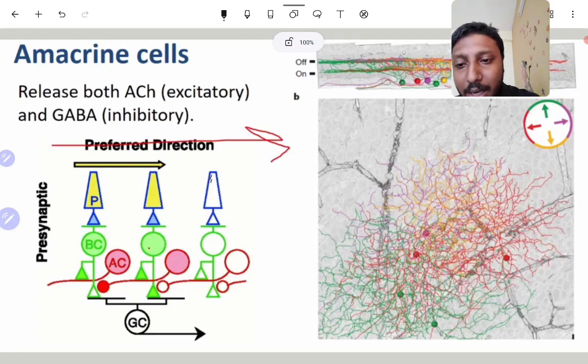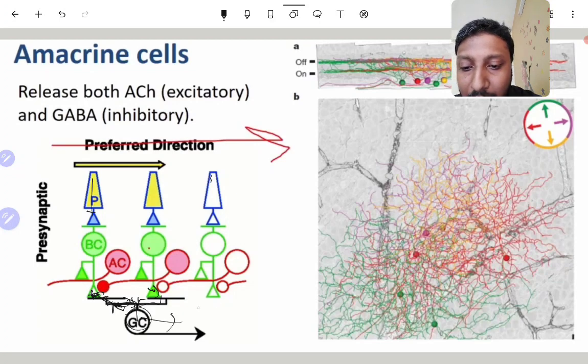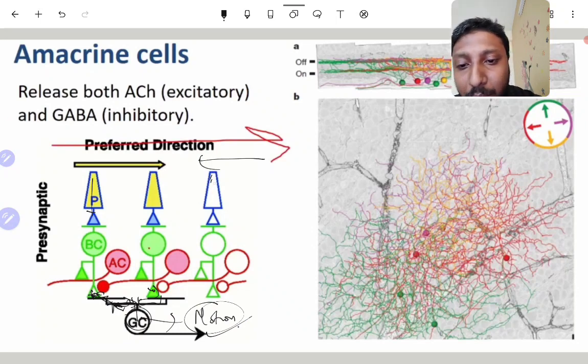If light is going like this, these ganglion cells can understand that this got stimulated and this got stimulated, and there will be a small circuit that delays this. So when this synapse comes and fires and this fires together, this ganglion will say that motion has happened. It's time sensitive. If it goes from right to left, what will happen? This will get stimulated, but because this is stimulated, this amacrine cell will come and inhibit this cell.